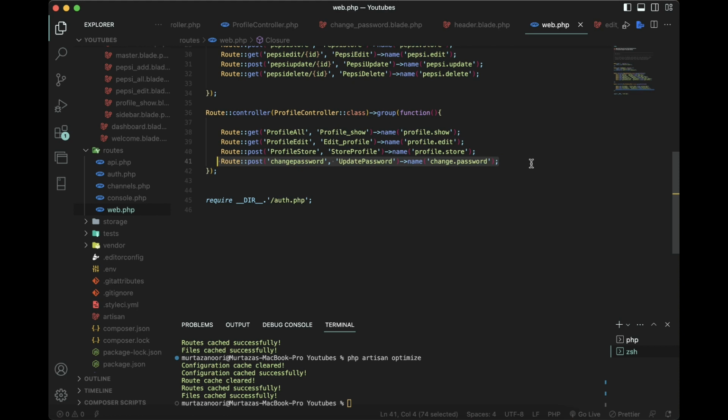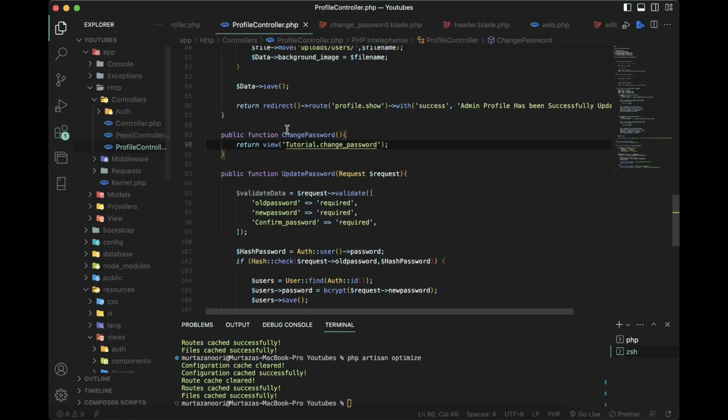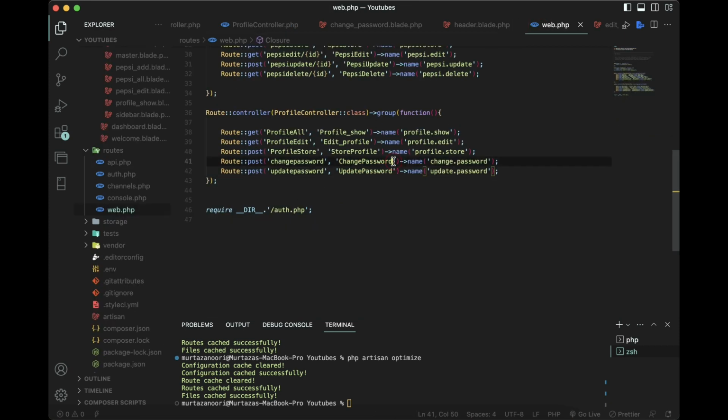So I'll just copy this from here, and I'll leave the route as be change password, but here I'll just go with change update password. So update password, and then the function is called change password. If I'm not mistaken, it's also camel case. Yeah. So let's run the optimize command once again, and now what I have to do is